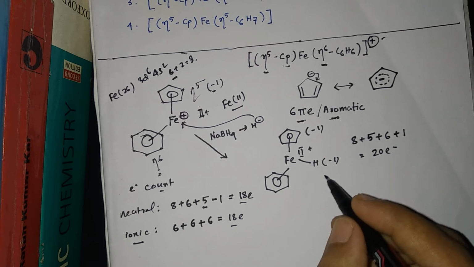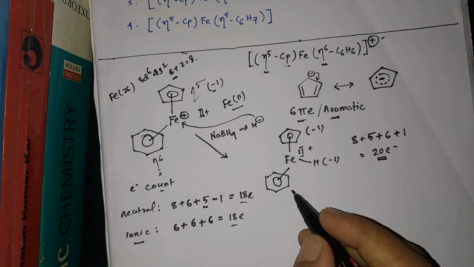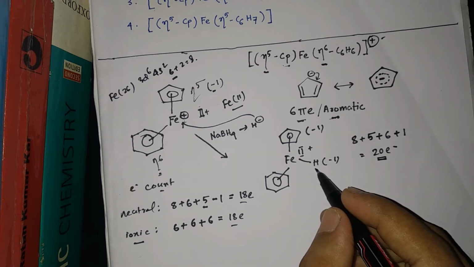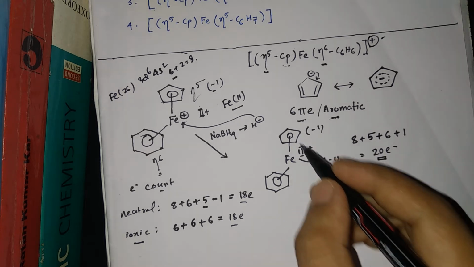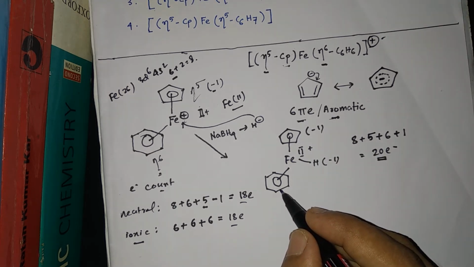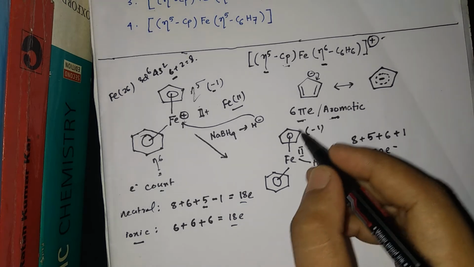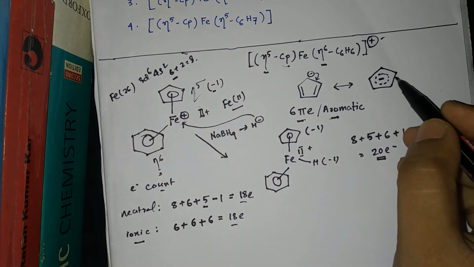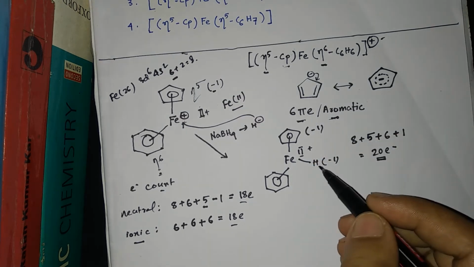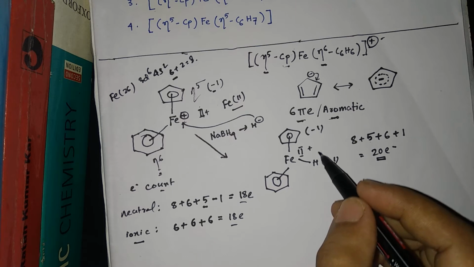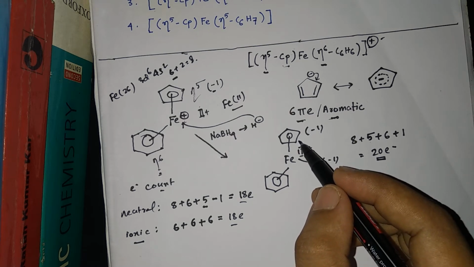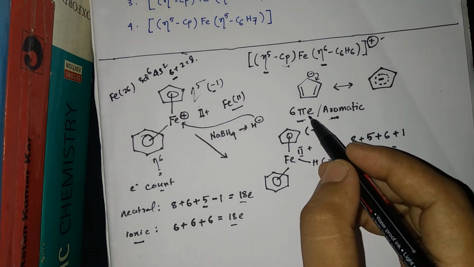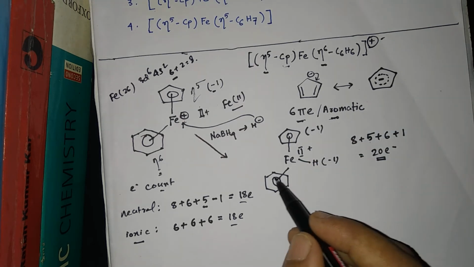This 20 electron system is not stable because it always prefers to be an 18 electron system. Then what will happen? This H minus will come to either the Cp ring or the benzene ring. Which ring will it prefer? The Cp ring already has a negative charge on it, and the negative electron cloud is delocalized through the 5 carbons. So this H minus cannot attack the Cp because of electron repulsion, and the electron density is more in the Cp ring because the 5 carbons are sharing 6 pi electrons, and here the 6 carbons are sharing 6 pi electrons.